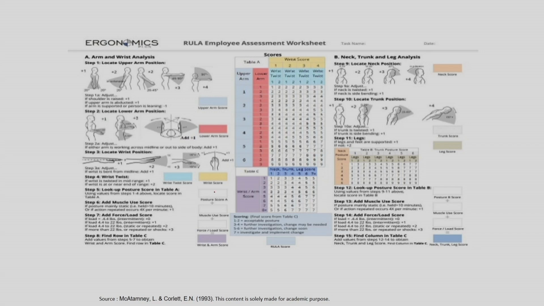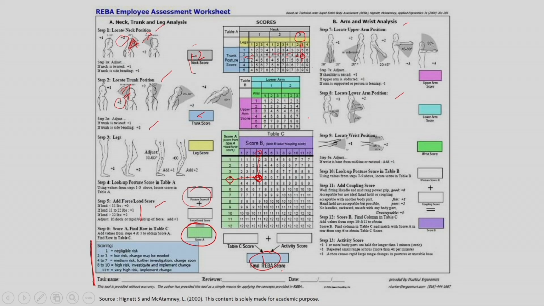So it is the same thing, you can do it from this picture, you can assign some value, and again from this value you will get some value here, and from this section you will get some value here. So you have table A, table B, and finally you will get table C. So same thing, you will get some final score here. The calculation and the way you will calculate is the same that we have discussed in REBA.